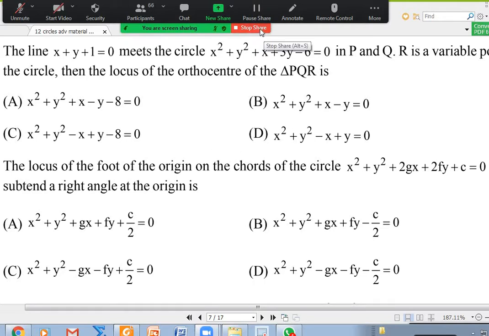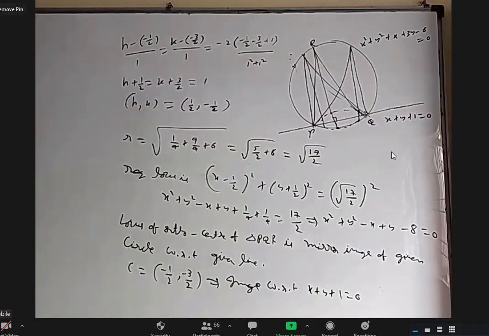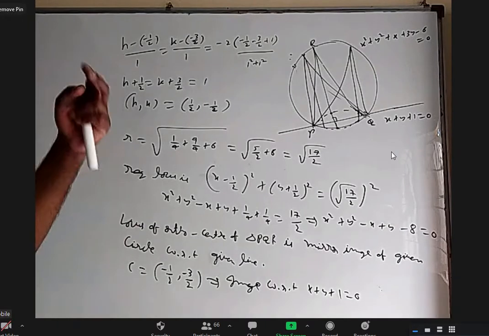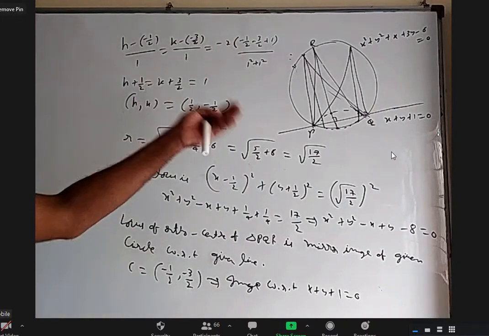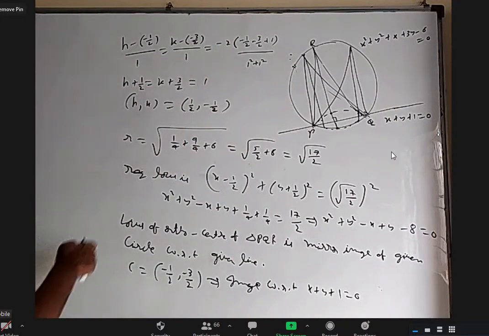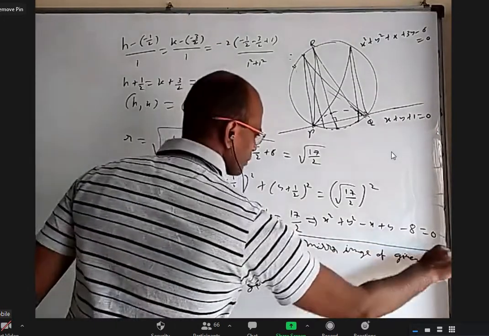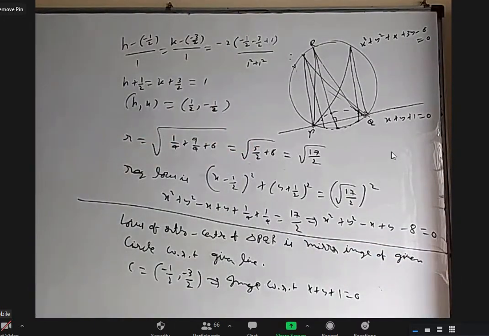Okay, that is the option. This is one method. Basically, we have to understand conceptually that the mirror image of the given circle is the answer: we put the original center, found the mirror image, and the original radius is the same as the new radius. We'll try to do by the other method. Those who completed, you can try to do by the other method, which I gave some idea about.